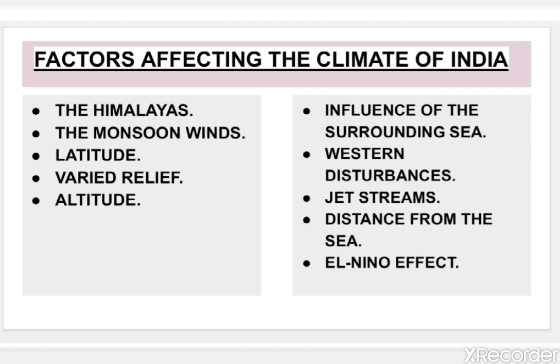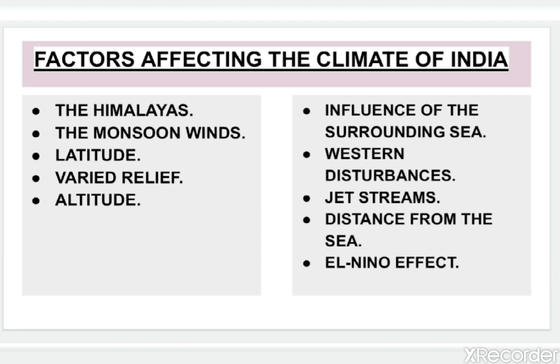Then these cyclones bring rainfall to the northern plains, mainly the northwestern side of India, and snowfall in Jammu and Kashmir. Why? Because Jammu and Kashmir is a mountain area, so there is no rainfall but there is snowfall. Whereas Punjab and Haryana receive a little bit of rainfall because of this western disturbance. So this is nothing but a depression that forms in the Mediterranean Sea, which brings some moisture through the wind and brings rainfall.